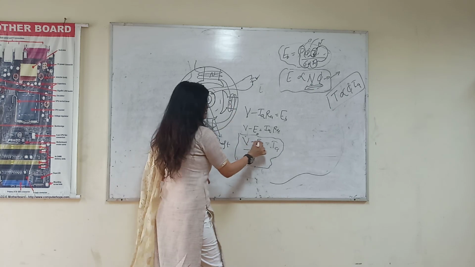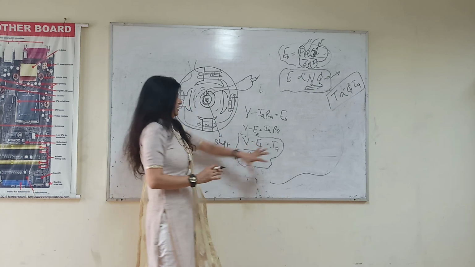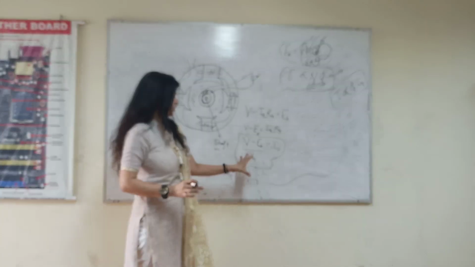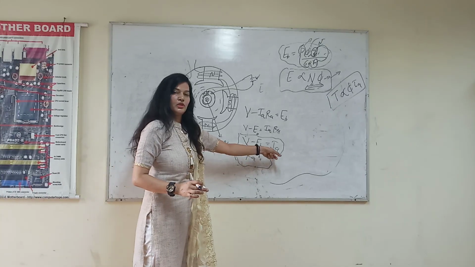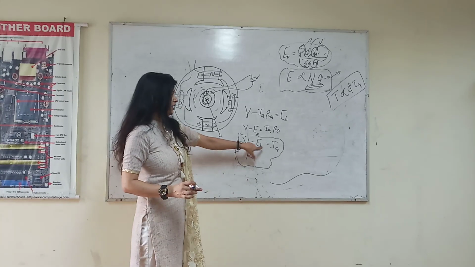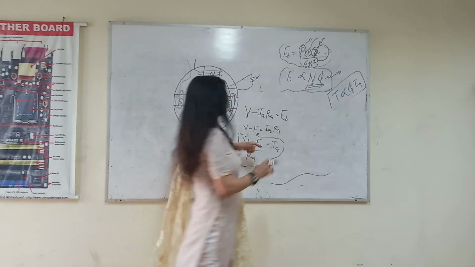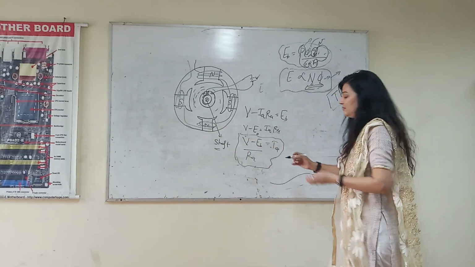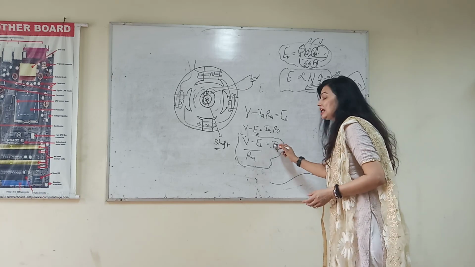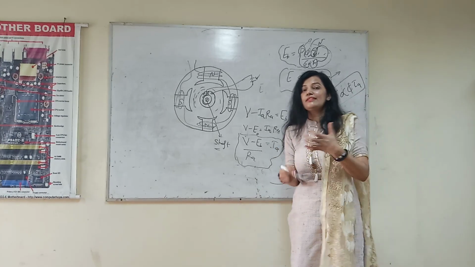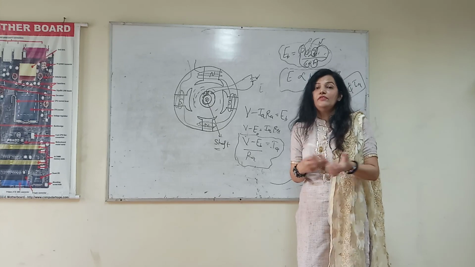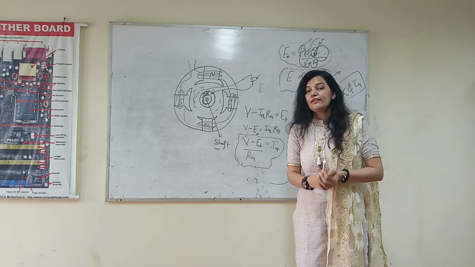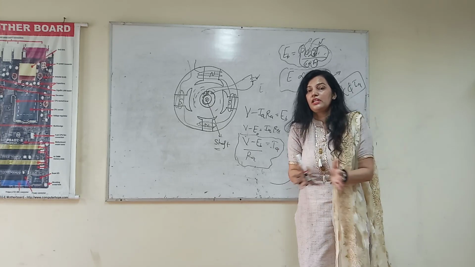Okay, just note down this. In this equation, E depends upon this, and E basically depends upon what? This. What is this? This is armature current. Means armature current depends करता है किसके लिए? Driving torque के लिए.